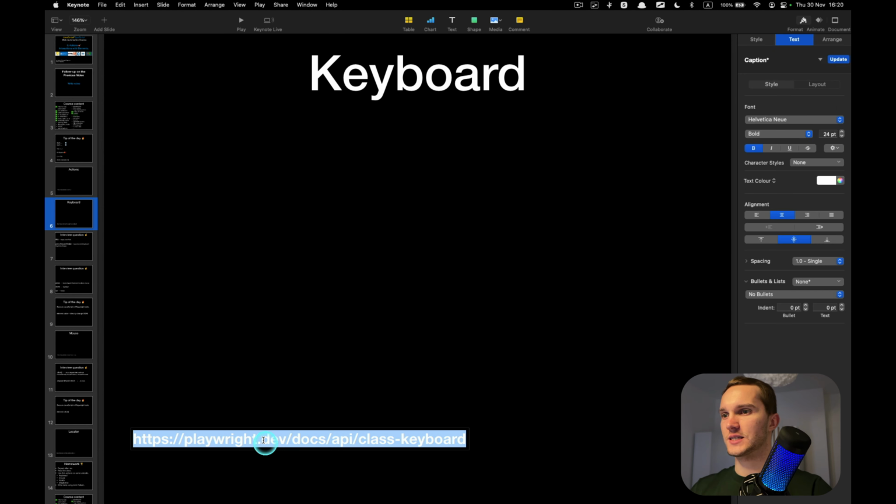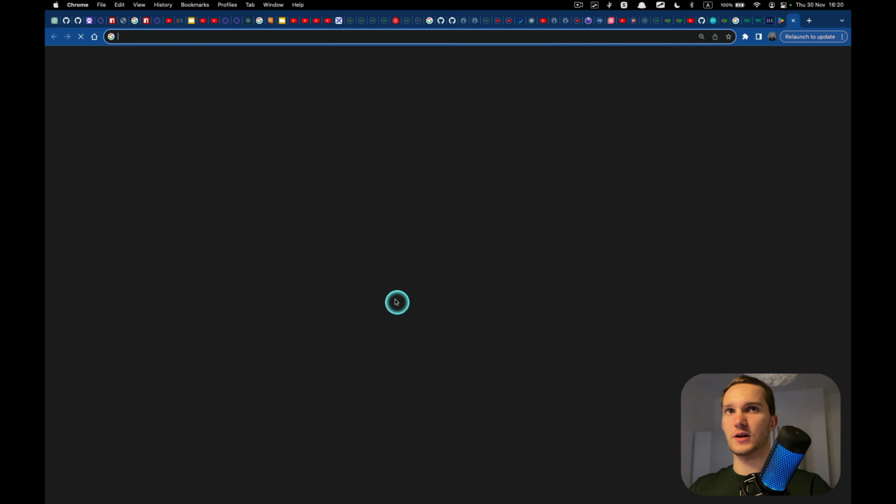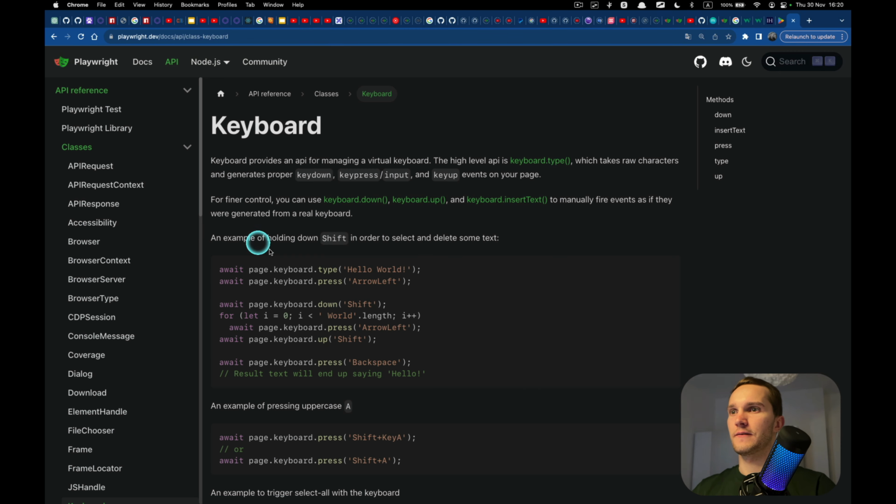Let's talk about keyboard events. Let's see what Playwright gives us. Okay, so we have the type method. Type is something that kind of inserts the text, so it doesn't press sequentially. Then press some key, then down, like holds the key, then up releases the key. So we can shift down, then write something, then shift up.